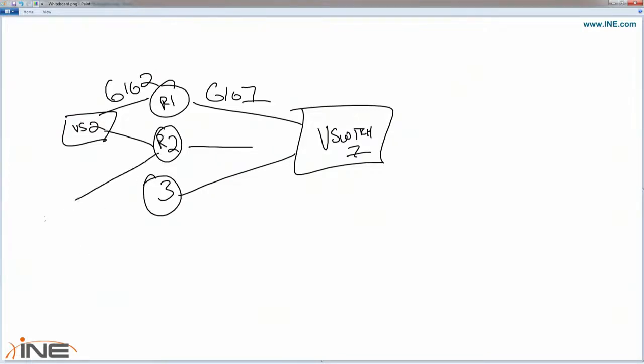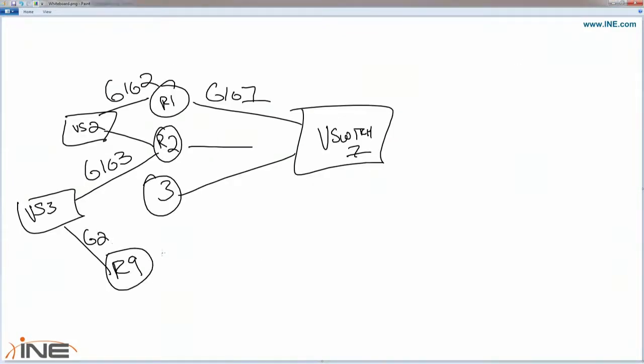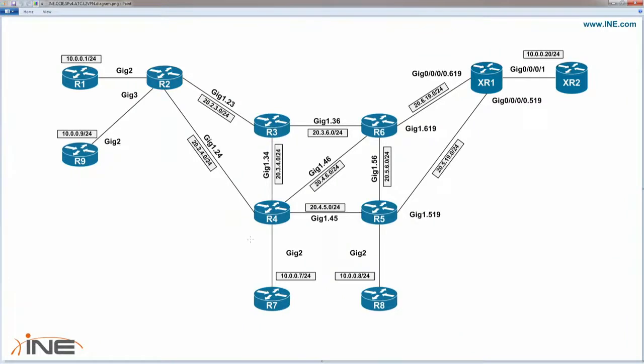Router 2 also has a third vSwitch on its gig 3 interface that is going over to, I believe, router 9. From router 9, that is gig 2. These interfaces facing in here are gig 1, and so on and so forth. So there's a unique virtual switch going between these two, between these two, between these two, and then between the